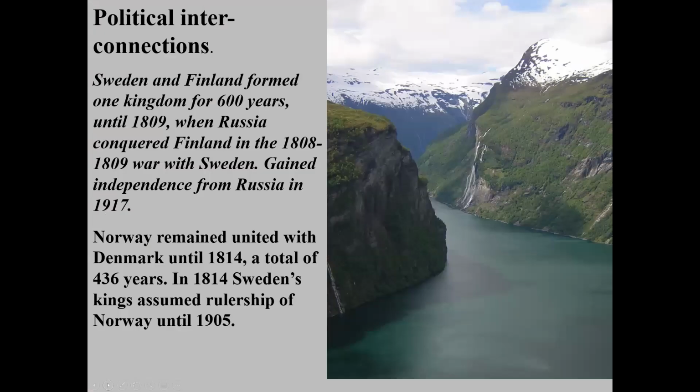northern landscape. So it's a very complicated interweaving of the countries in Scandinavia. We have two underdogs, Finland and Norway. So Sweden and Finland were formed into one kingdom for over 600 years, until 1809, when we have a war with Russia. And the consequence of this is that Sweden loses Finland, and Finland doesn't gain its independence from Russia until 1917. So nationalism is going to be a key ingredient in understanding Finnish art at the end of the